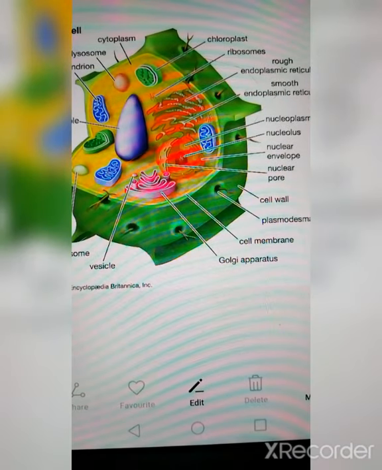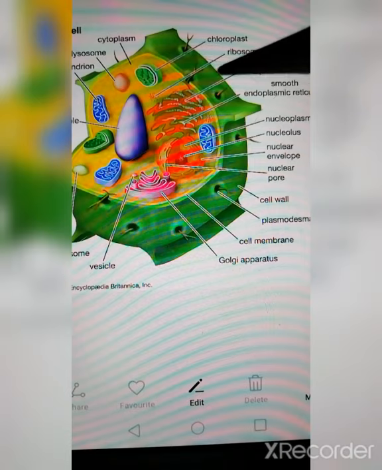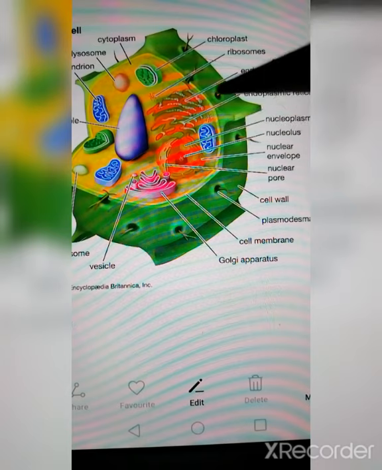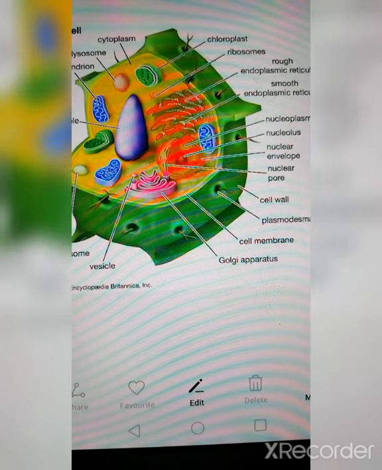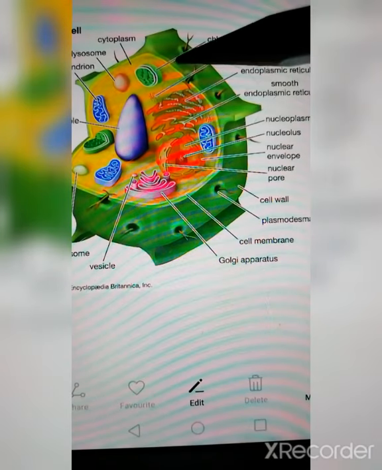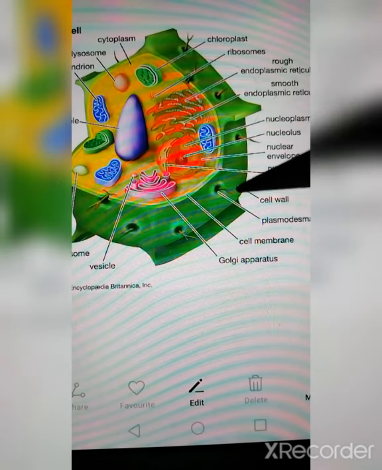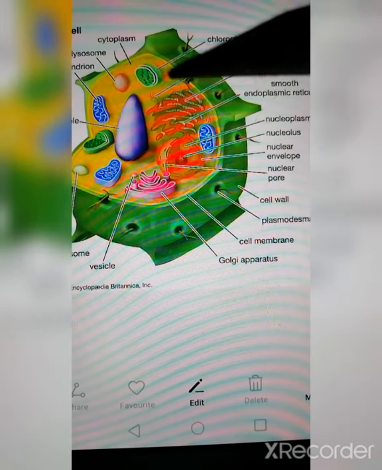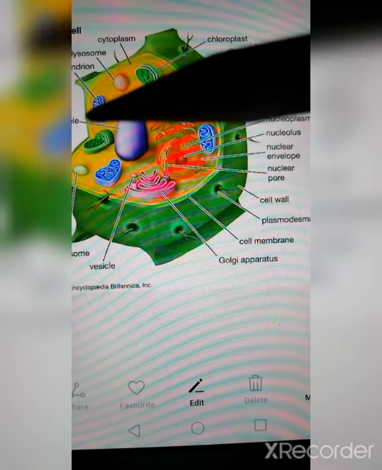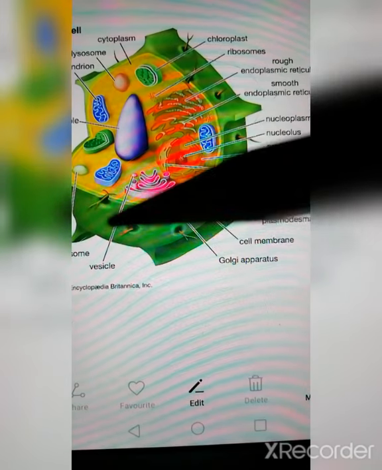In the previous video, we have studied about the chloroplast as well as the cell membrane. So the third part of the plant cell is the cell wall. Cell wall is generally present only in the plant cell, and this is one of the biggest differences as compared to the animal cell. Cell wall is an extra layer outside the plasma membrane or cell membrane. Generally, animals only have the cell membrane as the outer layer, whereas plants also have a cell wall.